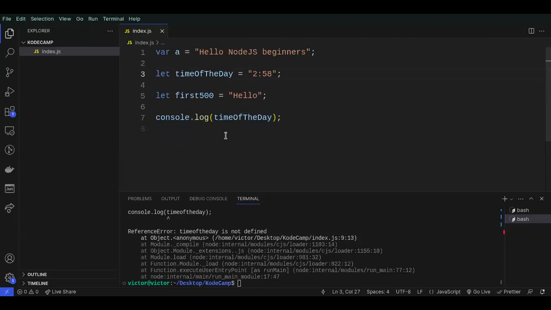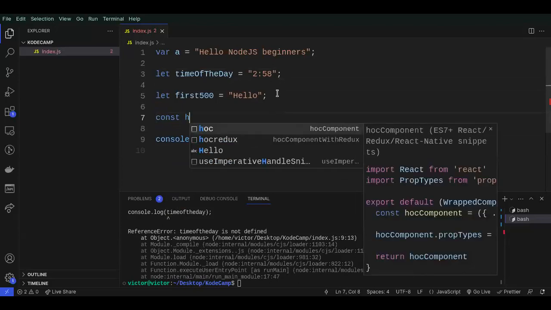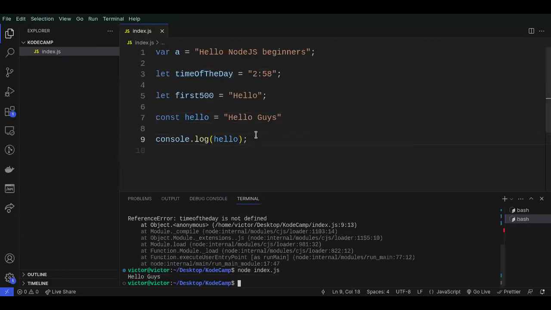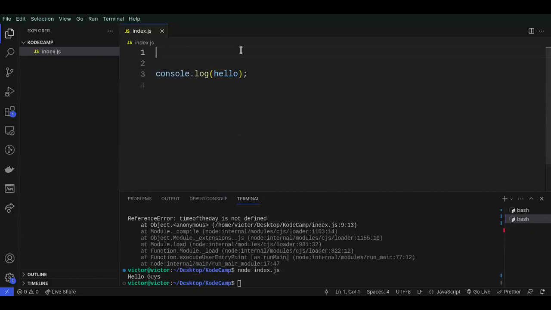All right, so I've said a lot already. Now, what is the difference between let, var, and const? I could also use const to declare a variable. const hello should be equals to hello guys. All right, hello here. It's going to work. But then what is the difference between var, let, and const? Okay, here we go. Now, there is what is called